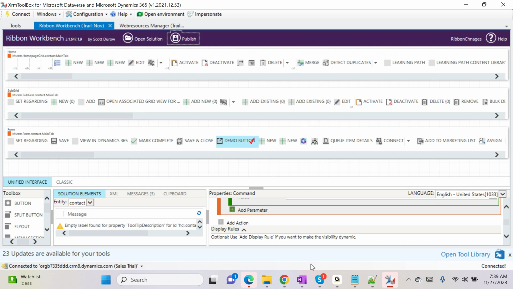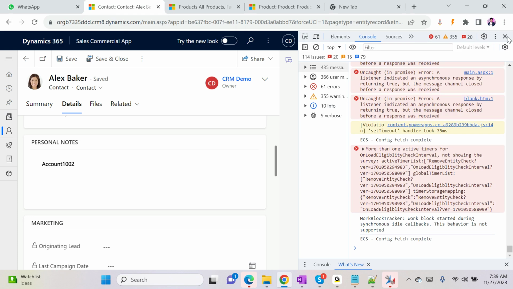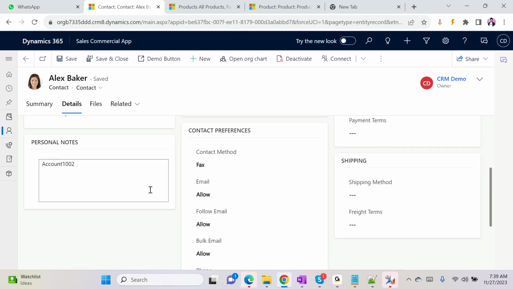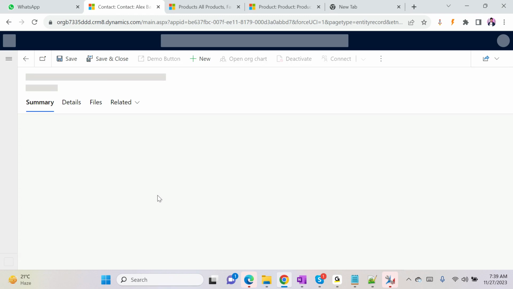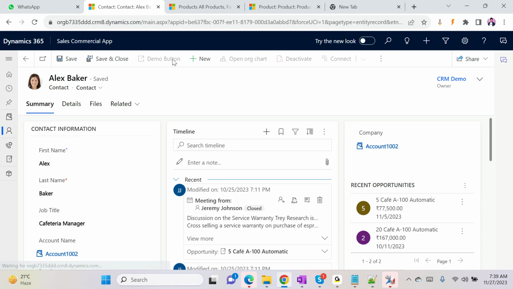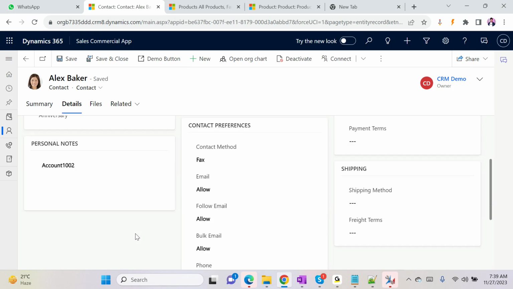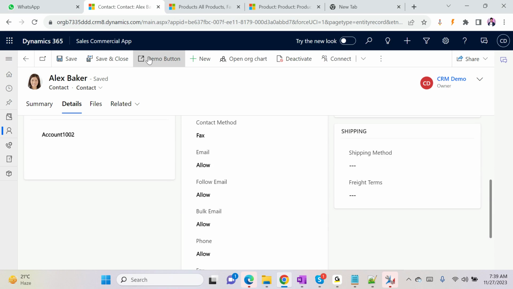Okay, now I think it's published. Let's refresh. We have the demo button. The account name, what is there in the details, this one. When I click the demo button, when I click save,